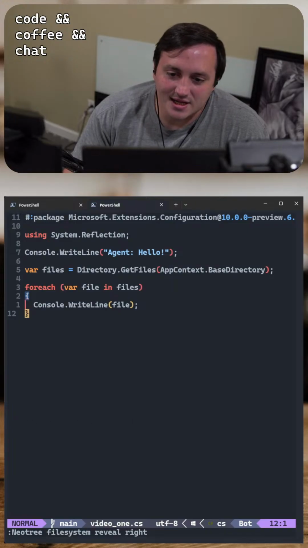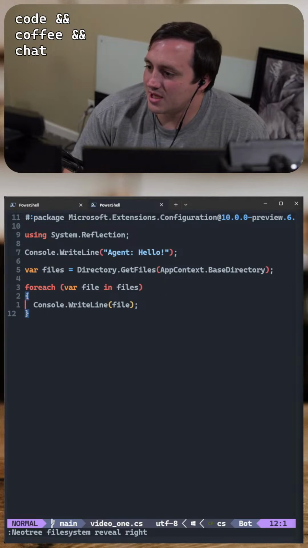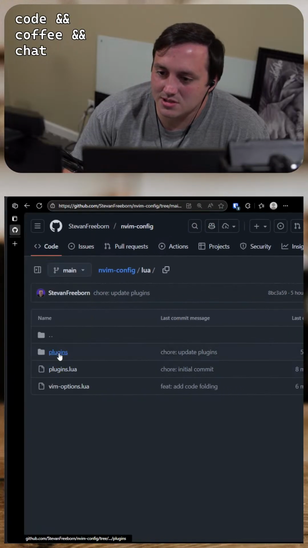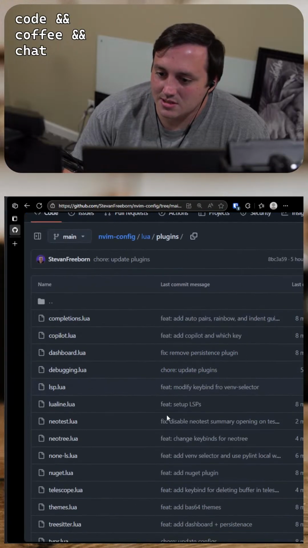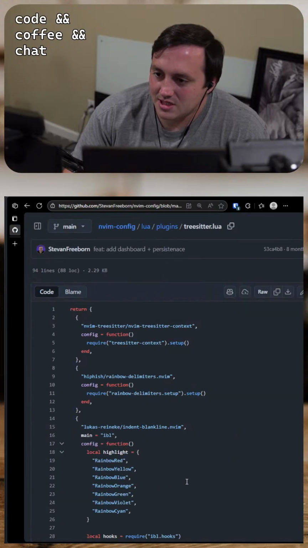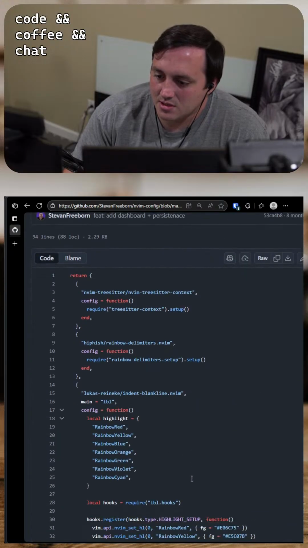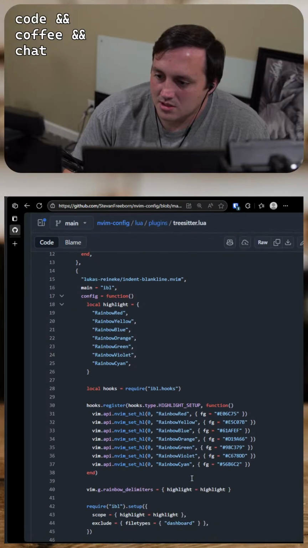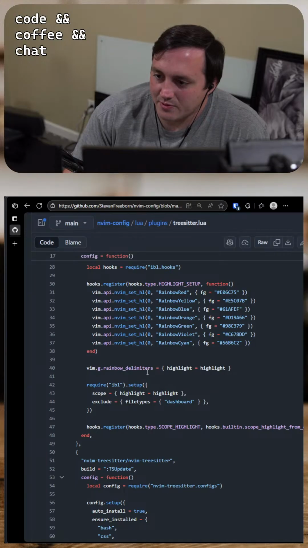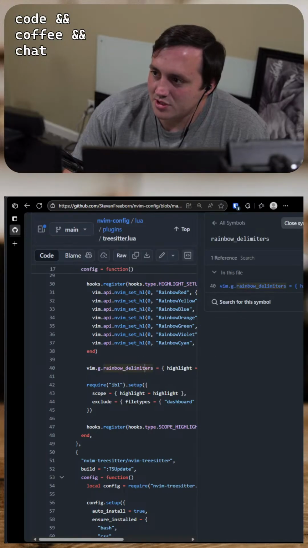Between the brackets, what plugin do you use for it? Oh, let's see. The plugin I use for that, I think, is called, let's see, plugins. It's not Lualine. I think it's something related to Tree Sitter, if I remember right. Yeah, there's my rainbow delimiters.